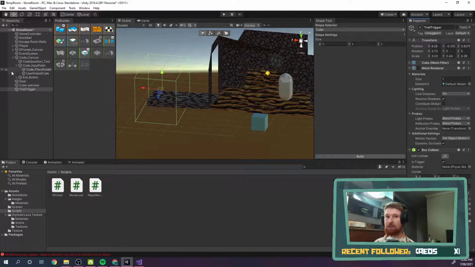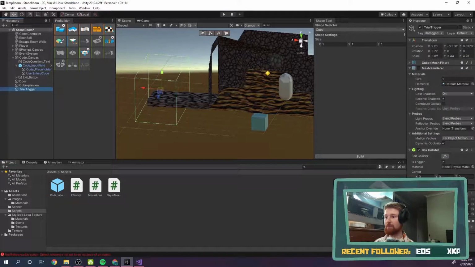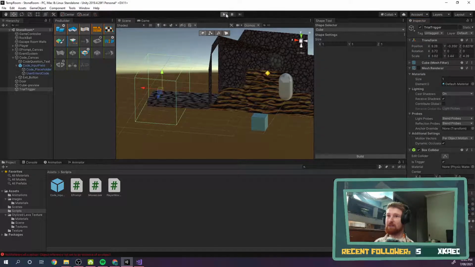It's going to need to know what the ePrompt canvas is. Its puzzle canvas is going to be the same as the other one, just because I don't have any more canvases. But just to show that this works,